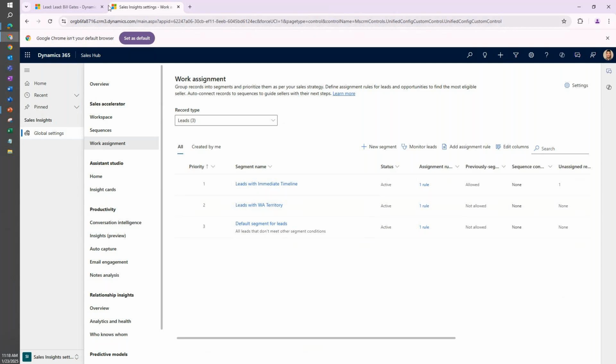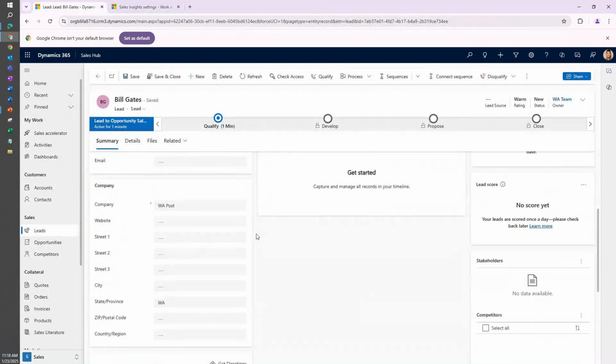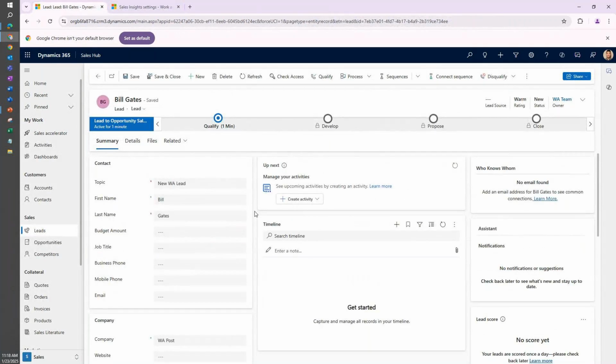Let's see, if I go back to the lead, you can see how you have all the fields accessible to you when the lead is created. So you can make the conditions as complex as you like or as simple as you like. Like I said, this really works best if you already have a lead creation or automated lead creation process where the owner is maybe someone generic, a system or something like that, and then you can auto assign them. You can have the system auto assign them to a specific user